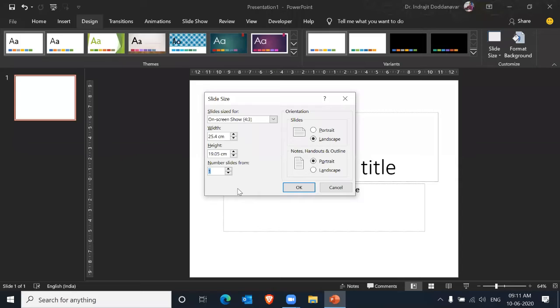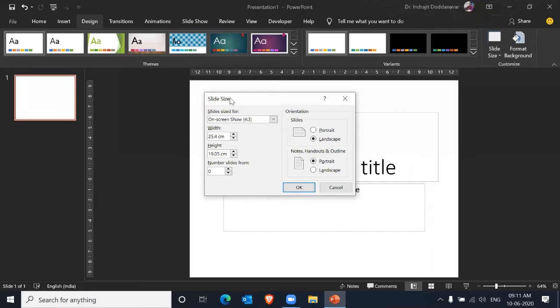What we can do is say slide number starts from 0. So the first slide will have 0, I mean, there will be no number for the first slide. And when the presenter comes to the second slide, it will start numbering from 1, because every slide you progress, the page numbers are incremented by 1.